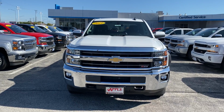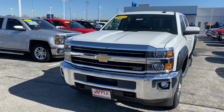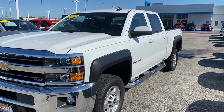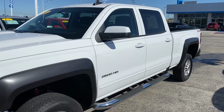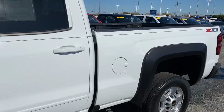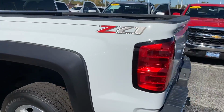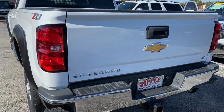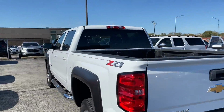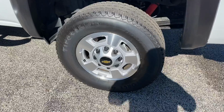Today I'm standing in front of my pre-owned vehicle pick of the week, the 2019 Chevy Silverado 2500 HD. This vehicle only has 13,060 miles on it and has never been in any accidents. This 2500 HD comes with a 6-liter V8 engine, your Z71 off-road package, back tinted windows, and 17-inch machine alloy